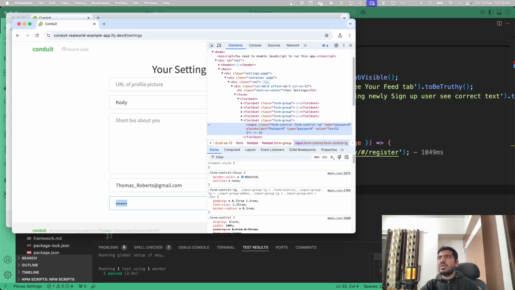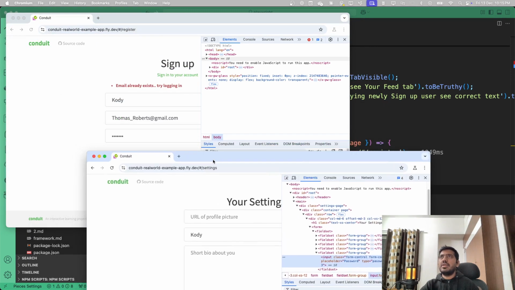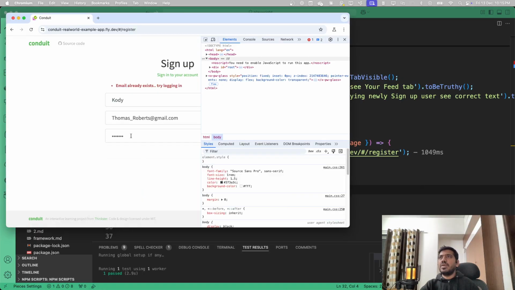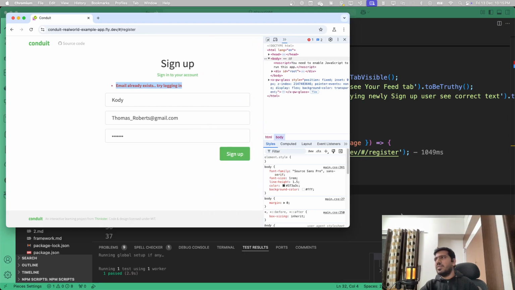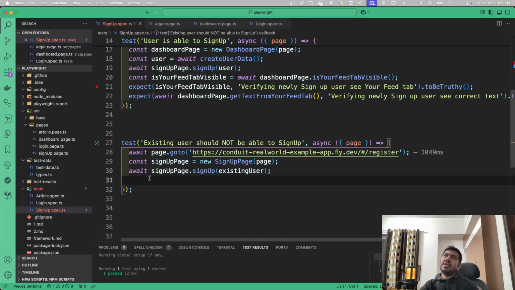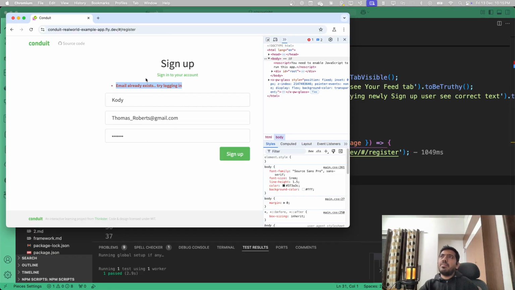Okay, the page executed, I suppose, in the background. Yeah, so you can see that Cody, email already exists. Try logging in, right? So this is what we tried. So we will need a page object for this, a get error message method for this page,